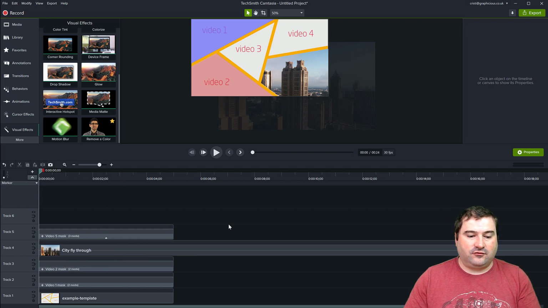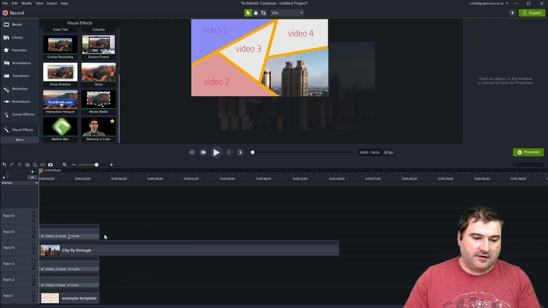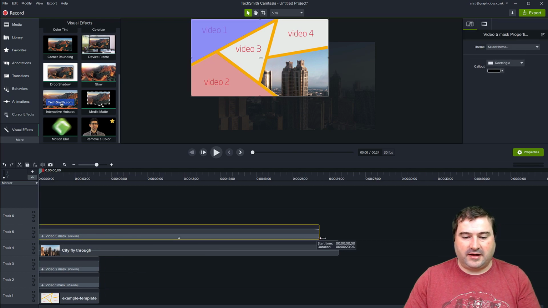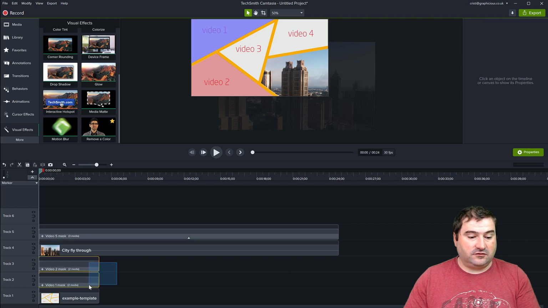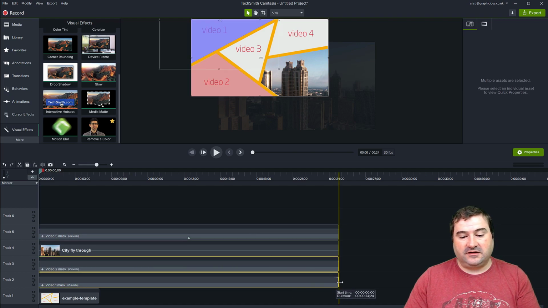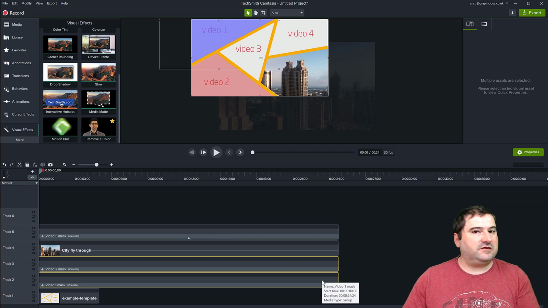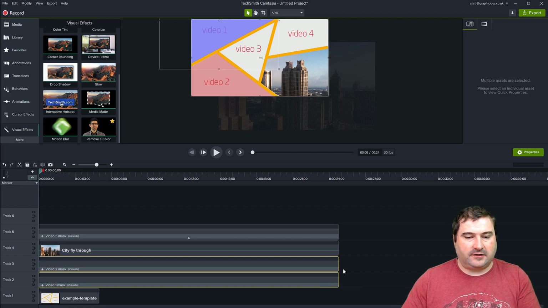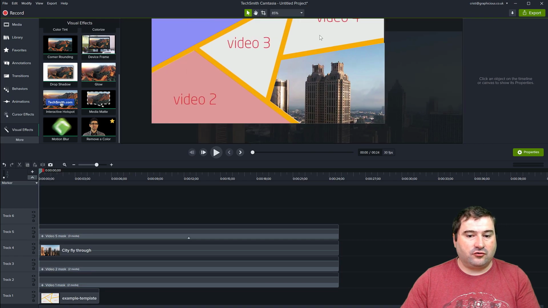And again, if your mask is not long enough, all you do is just take that group and expand it to the entire clip length. You can do the same with the other ones, because if things are in a group, when you expand the group, the end of those clips are just going to expand to however long your group is. So look at this.